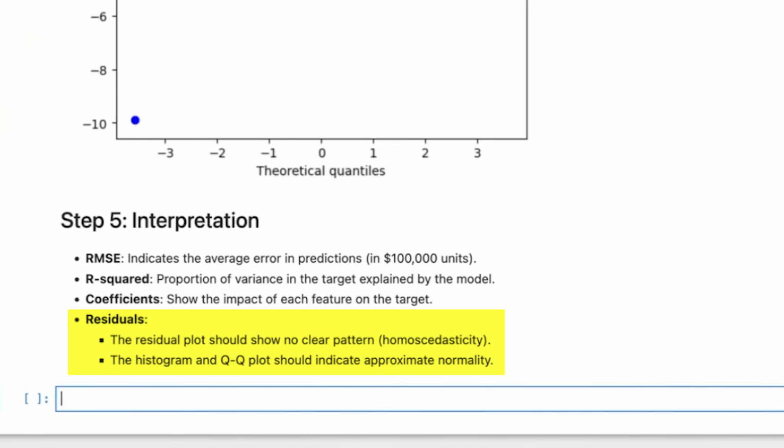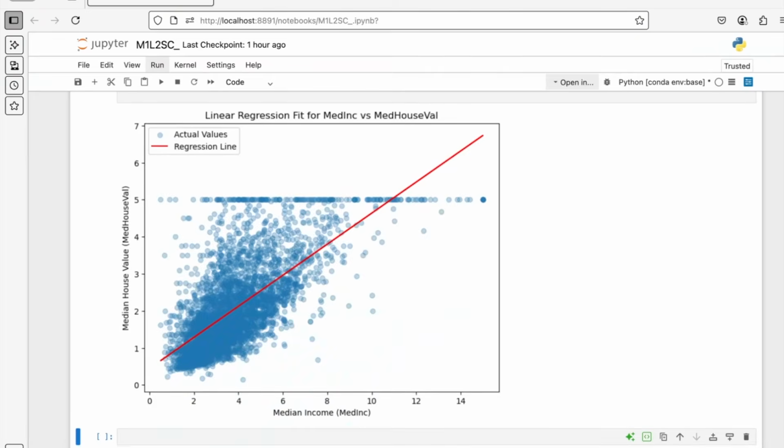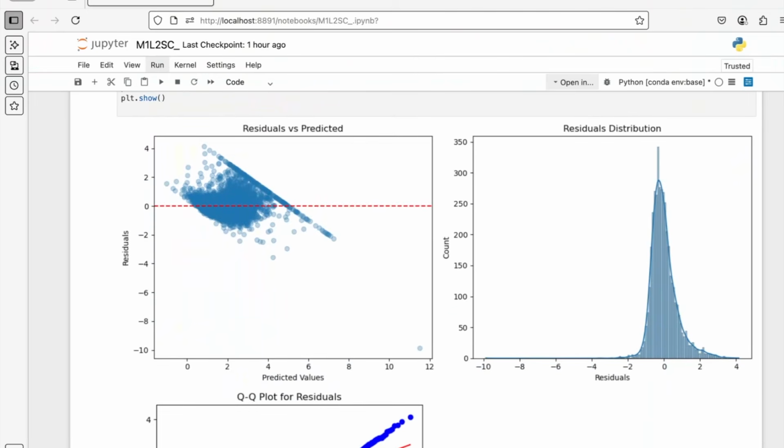Our residual analysis shows that while our model performs reasonably well, there might be some nonlinear relationships that it's not capturing. This is common in real world data and could be addressed with more advanced techniques like polynomial features or other algorithms. In this demo, we saw how linear regression helps us understand relationships between features and then make